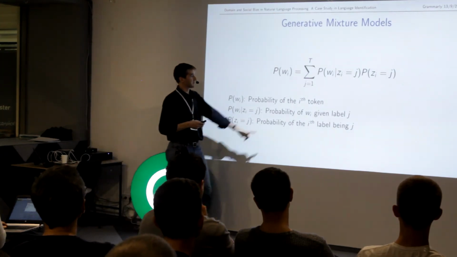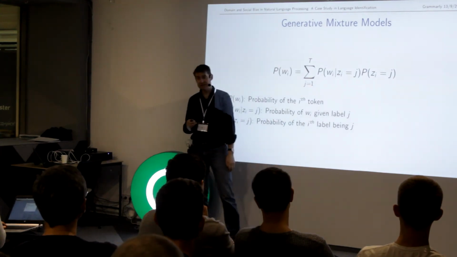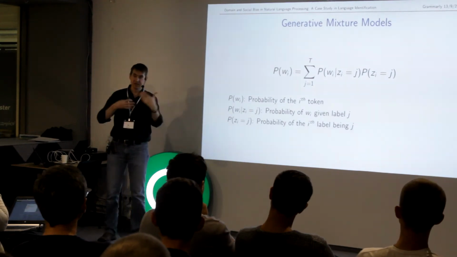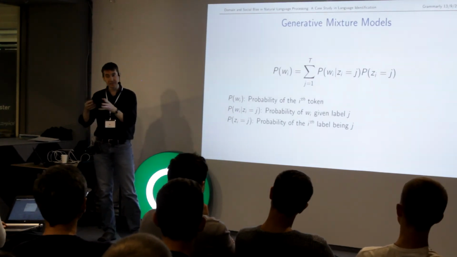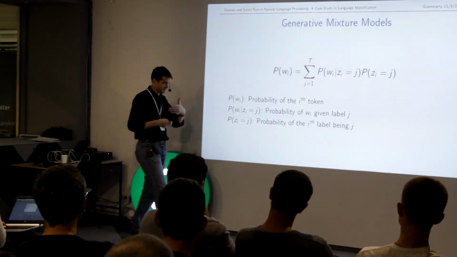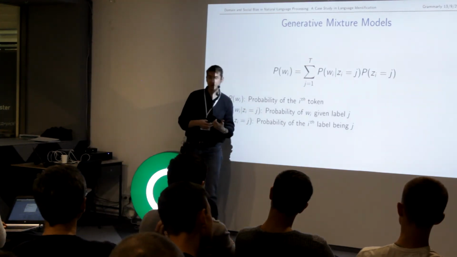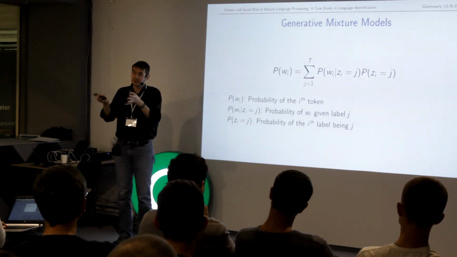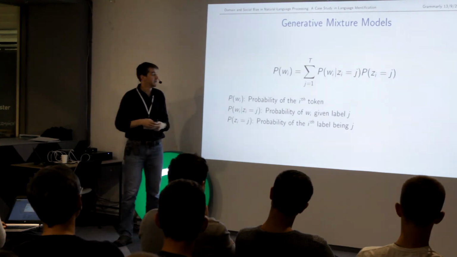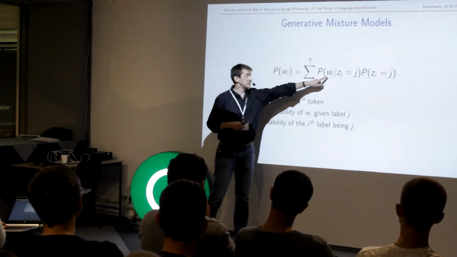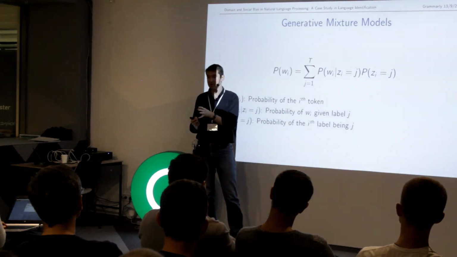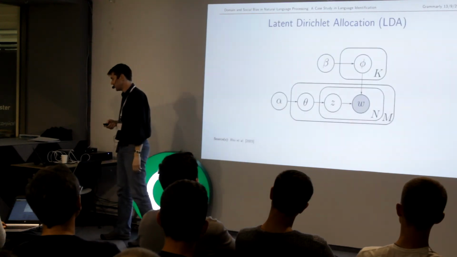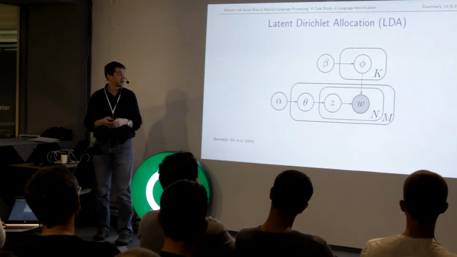All I mean by that is we're going to have some latent representation which we're mapping our documents to, which in our case is going to be our languages. So, for something like a topic model, something like latent Dirichlet allocation, those are going to be latent. There is no explicit representation of them. We want to learn them from the data. In our case, we're going to assume that we don't know what the languages are for a particular document, and we're trying to learn that mixture of languages, so they're latent in that sense. Okay, so if you've seen LDA before,